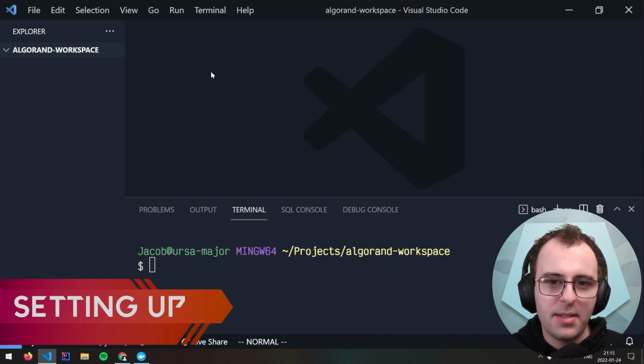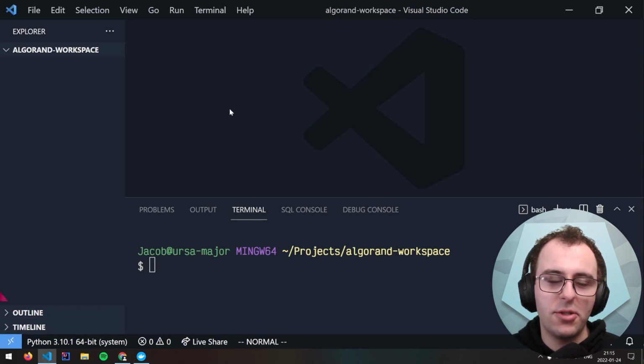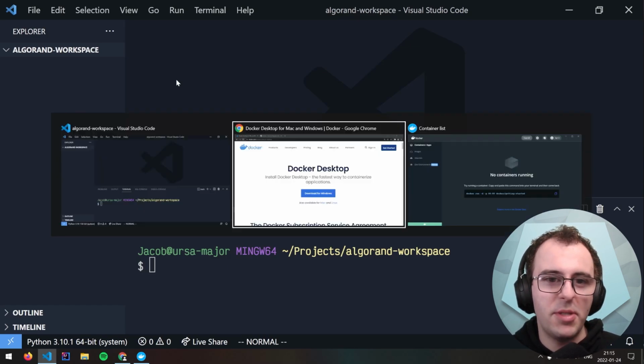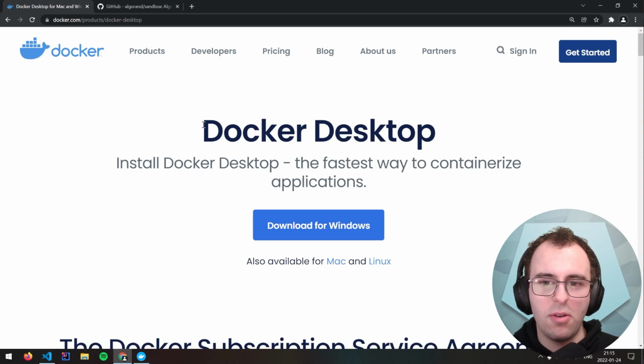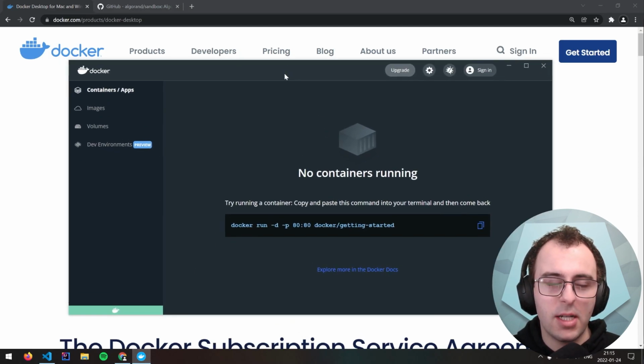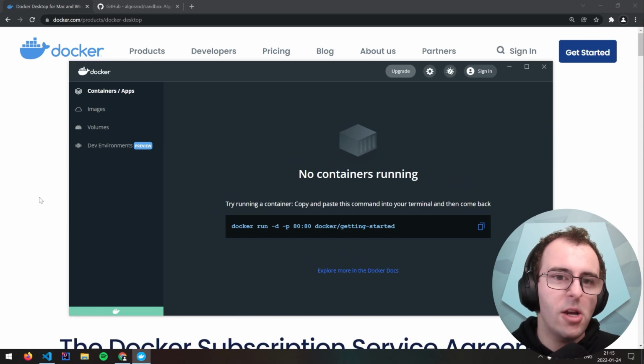All right, let's set up our Algorand development environment. Throughout this course, I'll be using primarily Visual Studio Code to write all of our code. So if you want to follow along exactly, it might be helpful to install Visual Studio Code. The next tool that we're going to be using is Docker Desktop. If you haven't installed this already, just click this big blue download button, and it's a pretty straightforward installation. Then you'll want to make sure that you have Docker Desktop open and running in the background for these next